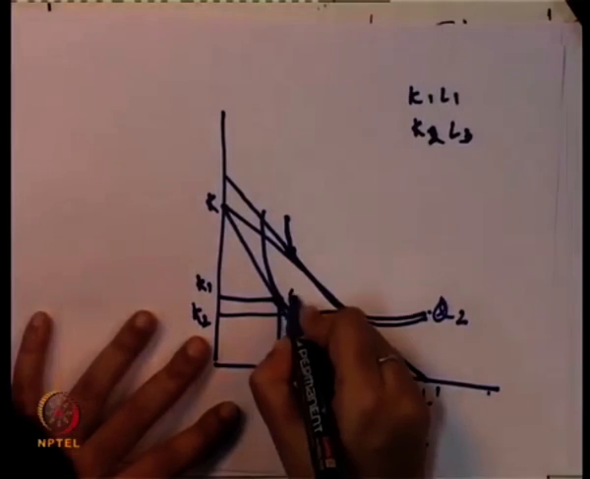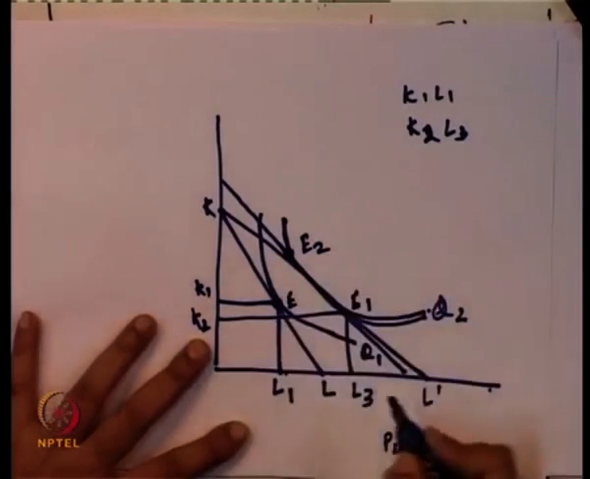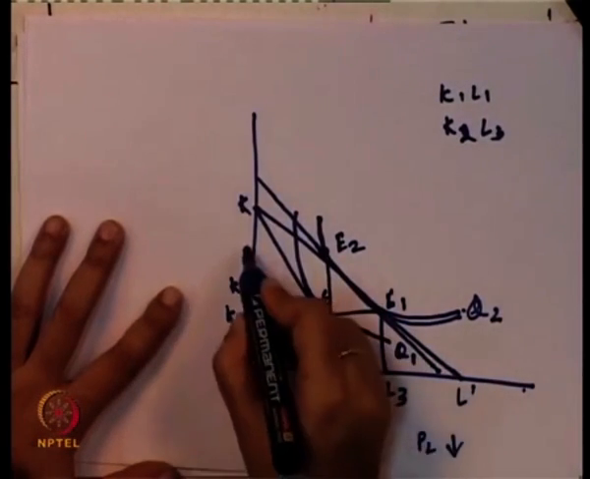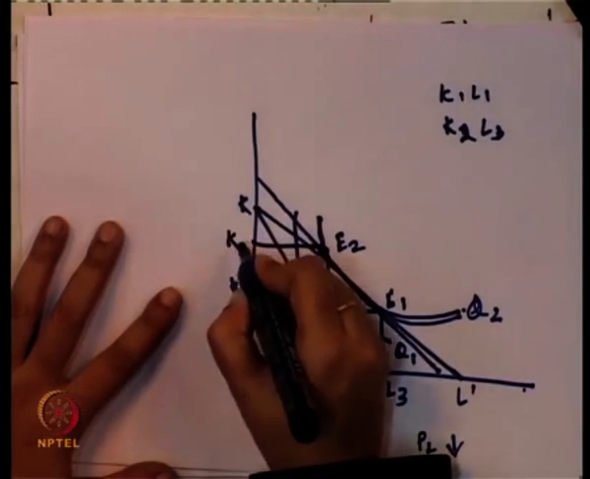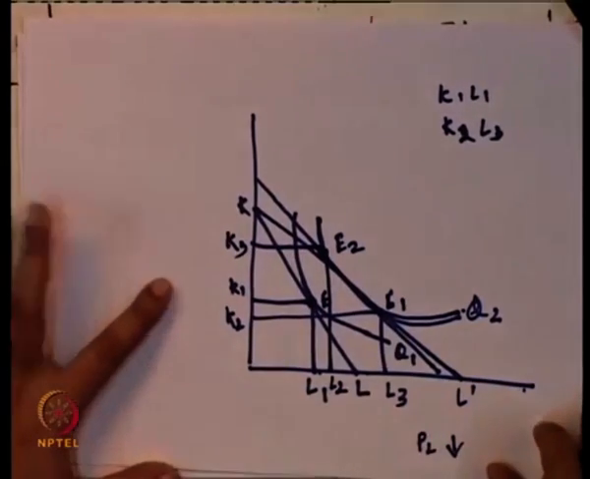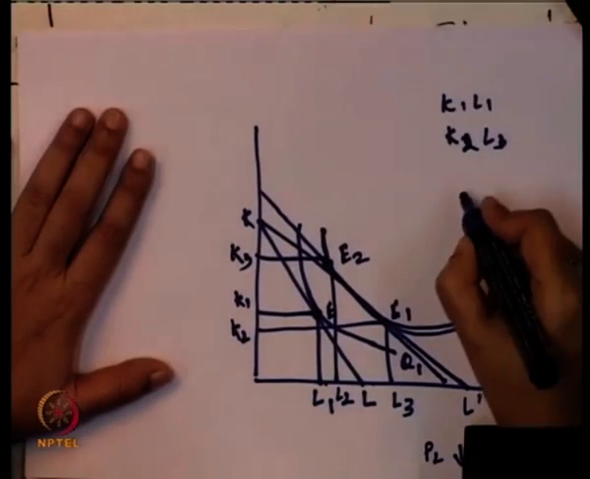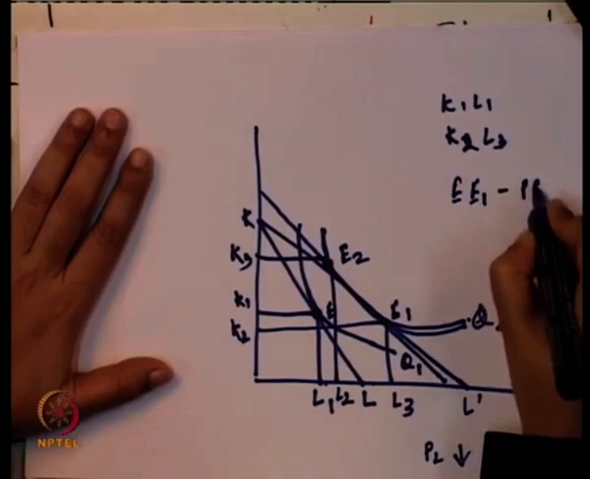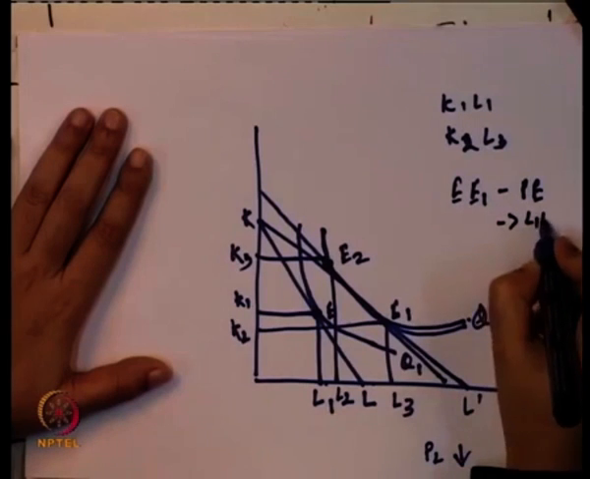Suppose this is your point E, this is your point E1, this is your point E2. In this case, it still uses a higher level of labor as compared to the previous level, but it also uses a higher level of capital. So, the movement from E to E1 is the price effect, that is in the form of L1 to